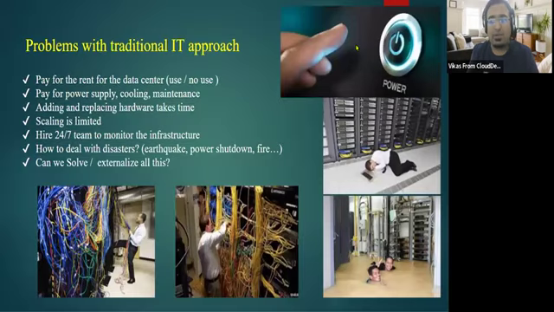Guys, if any problem happens in the data center, you have to go there and resolve it. That's the data center person's responsibility. You have to create a 24/7 monitoring team who will stay there. If any issue happens, they will notify us. If any disaster happens, what do I mean by disaster? Earthquake, power shutdown, fire, tsunami, any issue, you have to resolve it on your own. If your data center has been set on fire, you are solely responsible for resolving the issue. Correct?